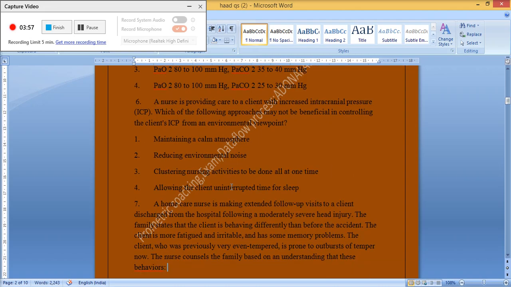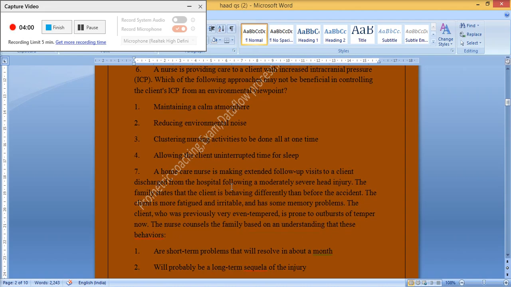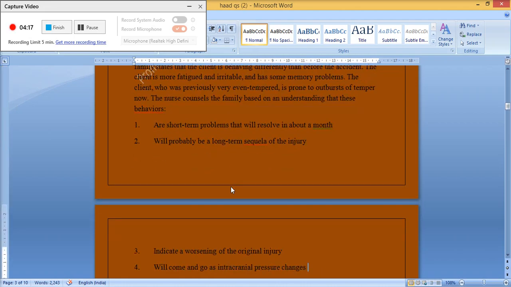7. A home care nurse is making an extended follow-up visit to a client discharged from the hospital following a moderately severe head injury. The family states that the client is behaving differently than before the accident. The client is more fatigued and irritable and has some memory problems. The client, who was previously very even-tempered, is prone to outbursts of temper now. The nurse counsels the family based on the understanding that these behaviors: